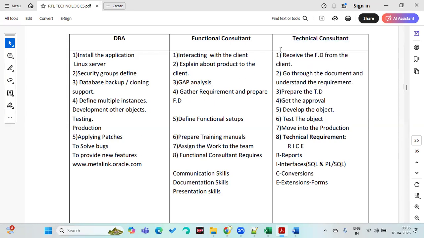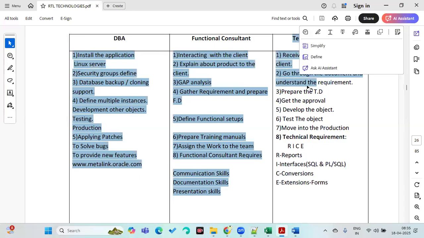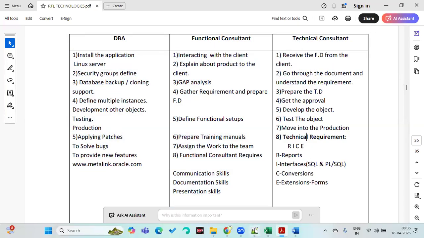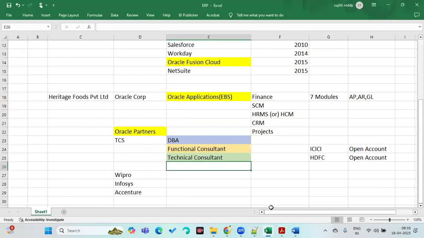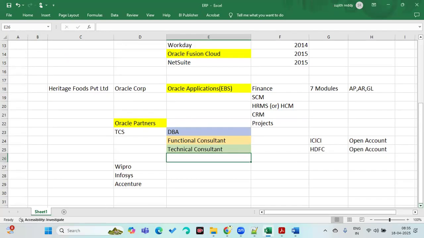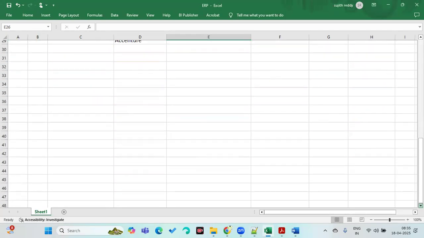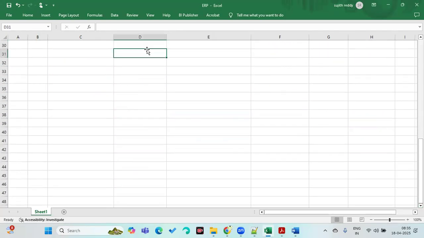So the course we are going to do is Oracle applications techno-functional. We will discuss the complete technical part and also the functional part, about 40%. So what is the prerequisite for this? If you want to learn Oracle applications technical, you need SQL and PLSQL.